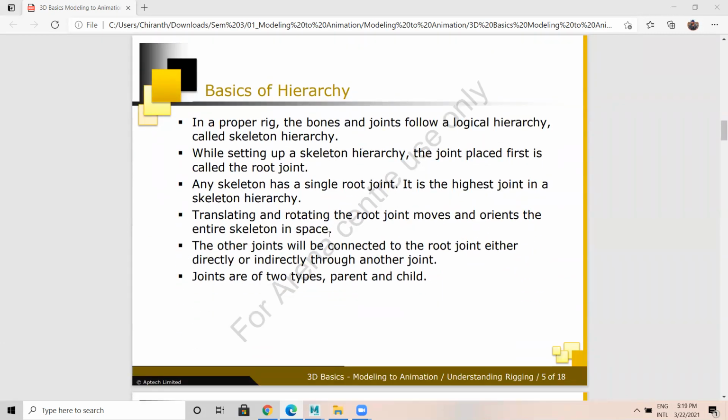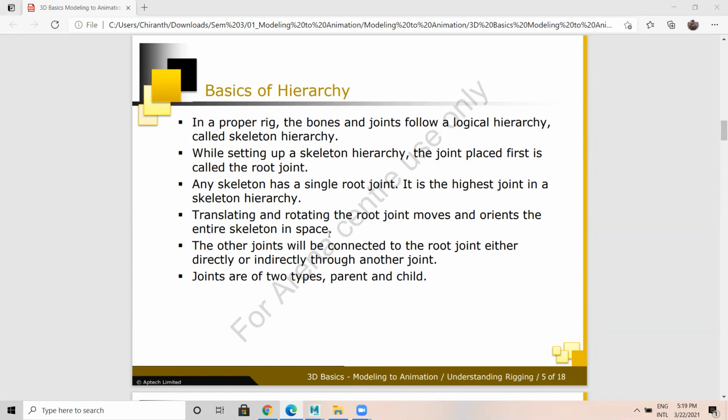This is very important: hierarchy. What do you mean by hierarchy? A hierarchy is something like a pyramid from top to bottom. It's steps, basically.